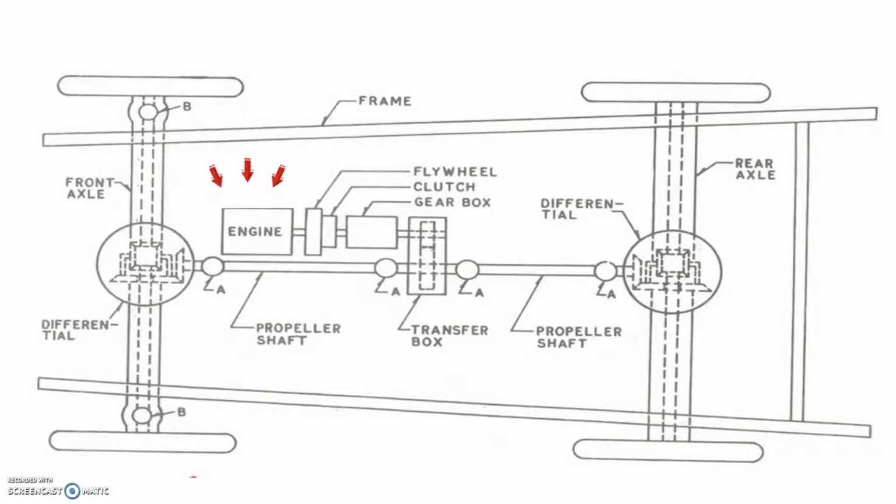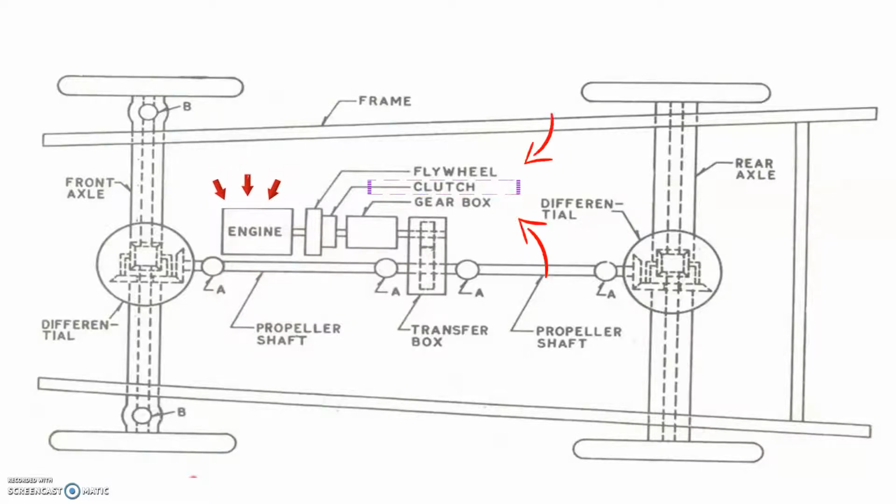So first of all, as you know, what is the use of the engine? This is an IC engine. It is used for generation of mechanical power. After that, power is transferred to the clutch, which is a frictional device, and it is used for engaging and disengaging the two shafts, that is, to connect and disconnect the output shaft of the engine to the gearbox. That is the use of the clutch.